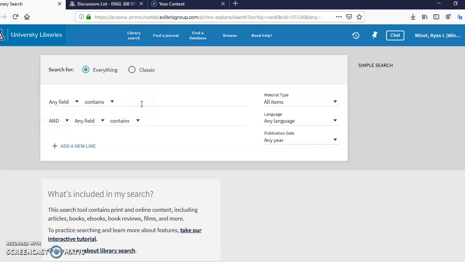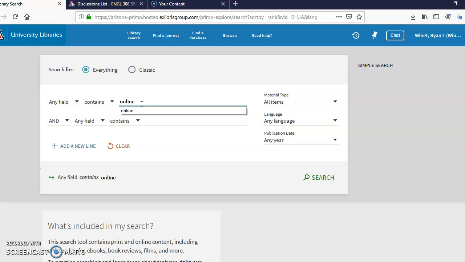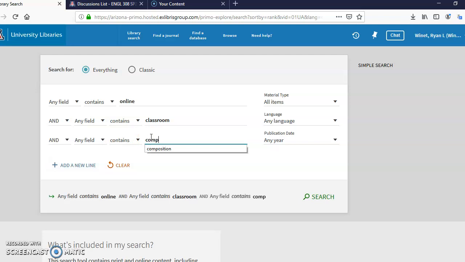As an example, I'm going to choose for my professional practice online composition. And the reason I'm choosing online composition is because it's something that I think most English professors are getting a lot of experience with right now. So what I will do is type in online, one word per line. And I'll add another line for online classroom composition. So each word